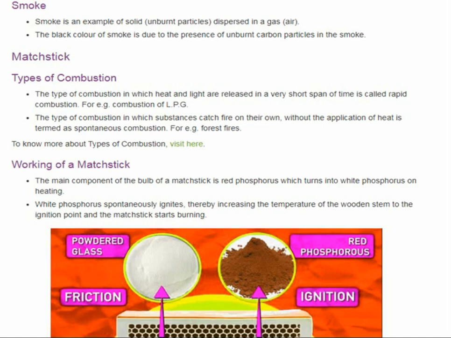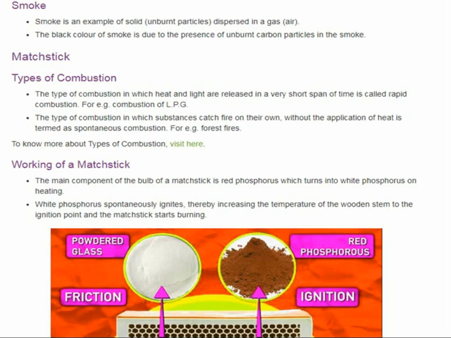For example, we have the combustion of LPG. If we release some amount of LPG gas and then burn it, it will burn very fast, very rapidly, and then finally it will